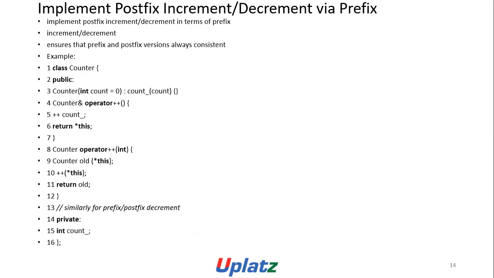Implement postfix increment and decrement via prefix. Implement postfix increment and decrement in terms of prefix increment and decrement. Ensure that prefix and postfix versions are always consistent. Example: class Counter { public: Counter(): count_(0) {} Counter& operator++() { ++count_; return *this; } Counter operator++(int) { Counter old = *this; ++*this; return old; } }; Similarly for prefix and postfix decrement. private: int count_;